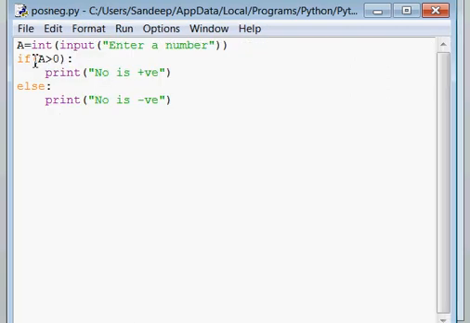So what is the difference between multiple individual ifs and if else? In if else, either the if will execute or, compulsorily, the else will execute if your condition is not true. It means if the given condition evaluates to true, then the block of if will execute, otherwise the block of else will compulsorily execute.